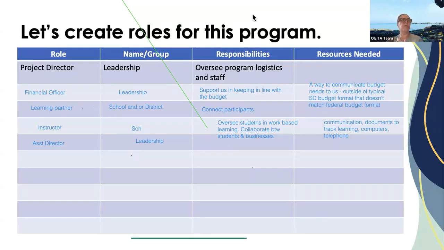And also, one of the resources may be people with language information or expertise. Again, thinking back to this SMART goal, it may be businesses and mentors. These are all roles. When we think of roles, we don't necessarily have to think of paid positions or even contracted positions.